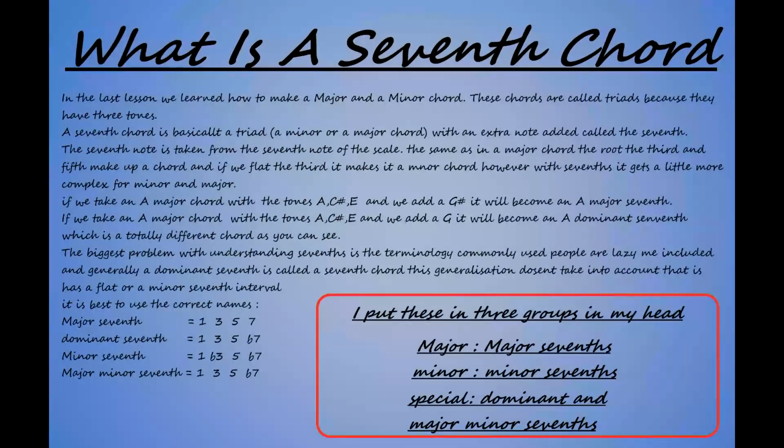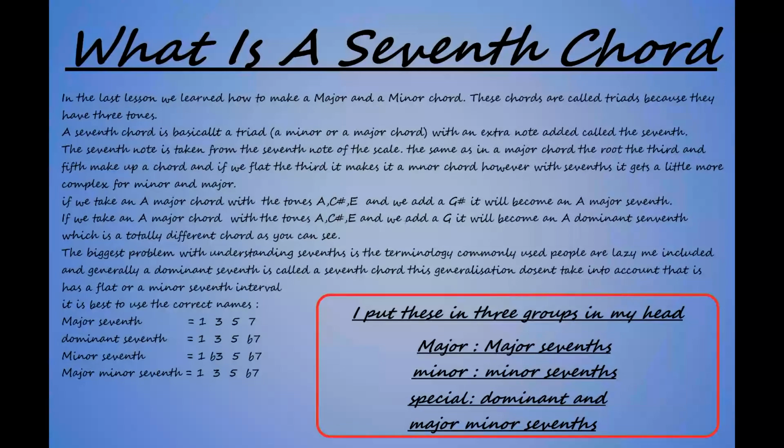A major seventh, which has a 1, 3, a 5 and a 7. A dominant seventh, which has a 1, a 3, a 5 and a flatted seventh. A minor seventh, which has a 1, a flatted 3, a 5 and a flatted seventh. And then a major minor seventh, which has a 1, a 3, a 5 and a flatted seventh. The reason it's called major minor is because the third interval is a major interval and the seventh interval is a minor interval, so it's a major minor